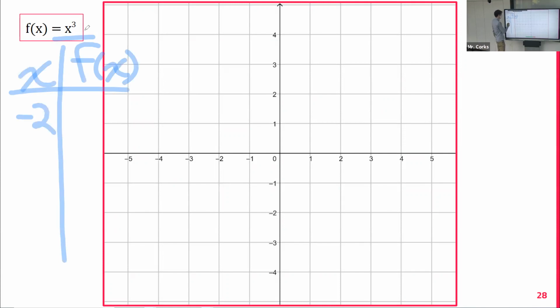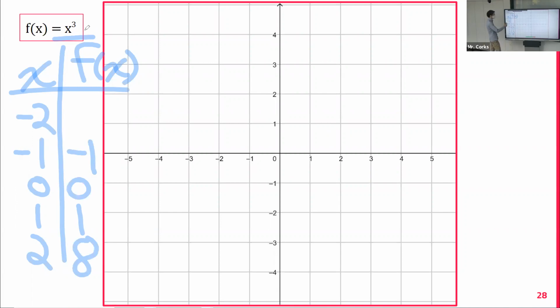So say -2, -1, 0, 1, 2. So 0 cubed is just 0, 1 cubed is 1, 2 cubed, 8. -1 cubed, -1, -2 cubed,